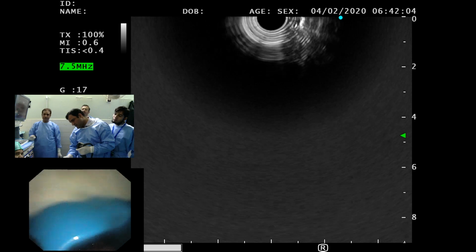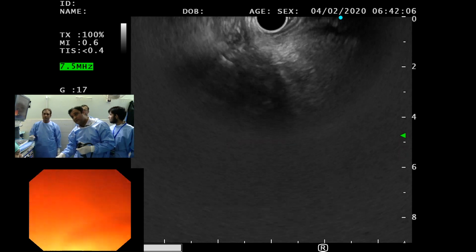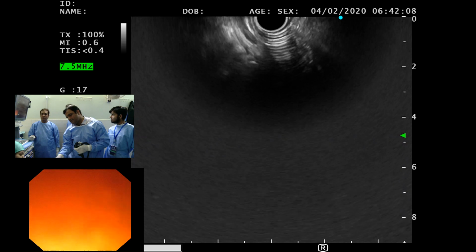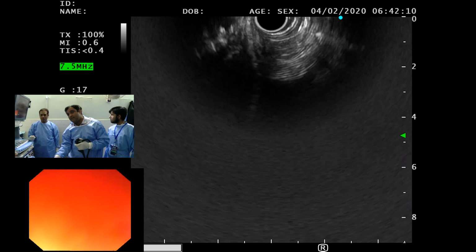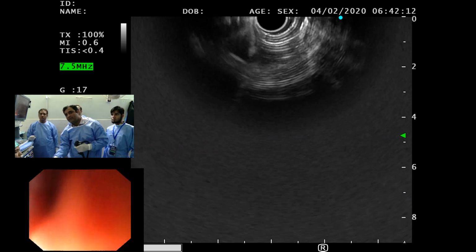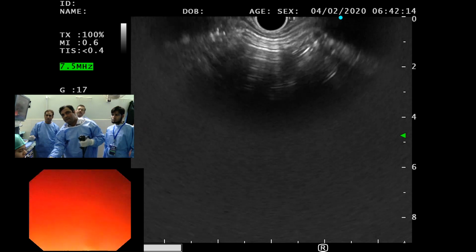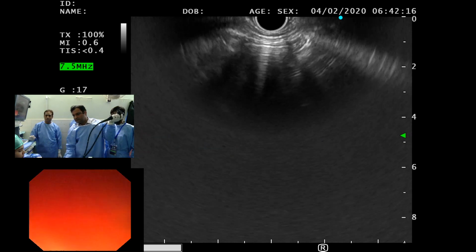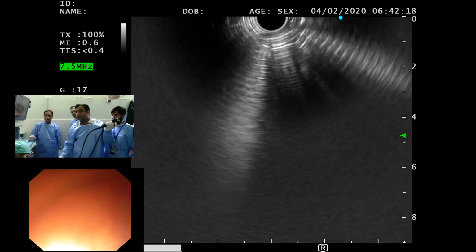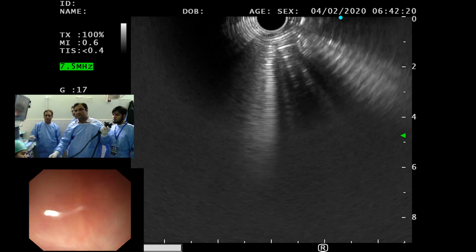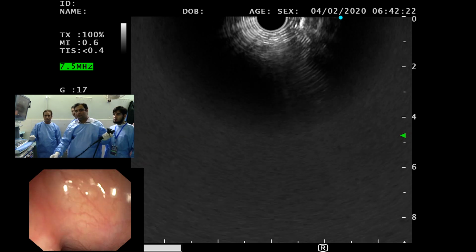Okay, I've made an initial scan. I've had an initial impression what exactly the patient is suffering from. I've given the endoscope to Dr. Shafkat. He's going to make progress. Obviously, first thing is intubation. He has done the intubation in a nice way. He has been able to go down into the esophagus.